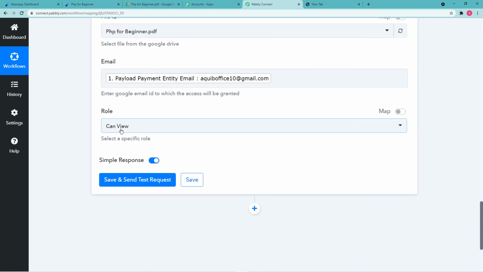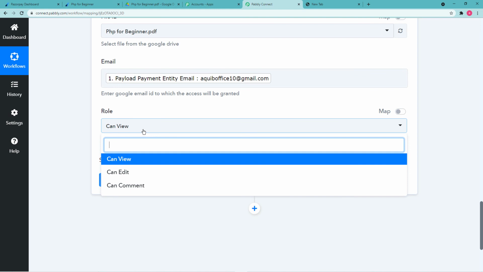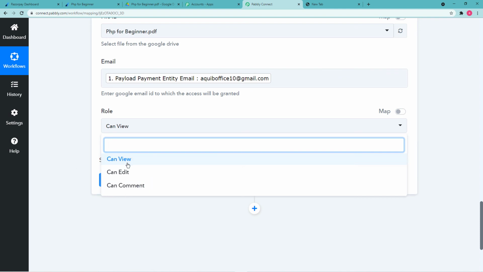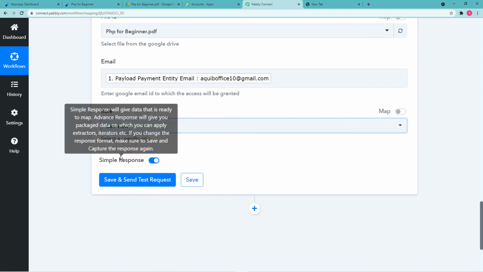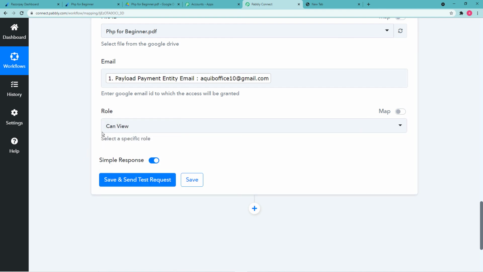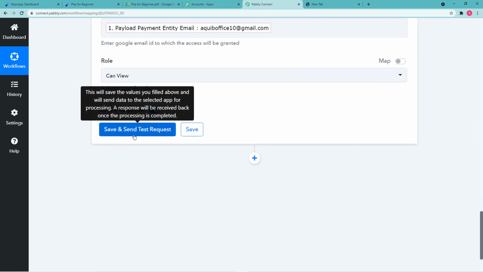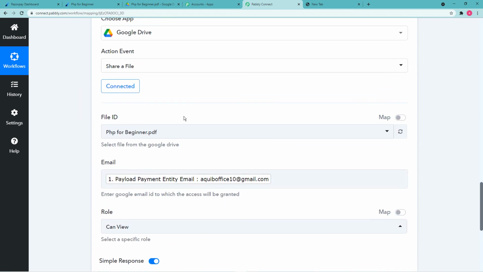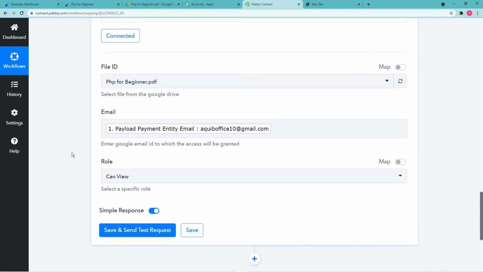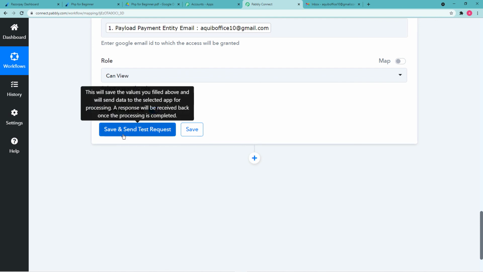After this, you can select the role or you can provide the customer the permission to do what he wants to do with your file. So you can select it like can edit, can comment or can view. So I am selecting it as can view because I want my customer to just view my file. Alright, after this, when I click here on save and send test request, this file that we have connected will be shared as an email to our customer and the customer's email ID is this. So now I click here on save and send test request